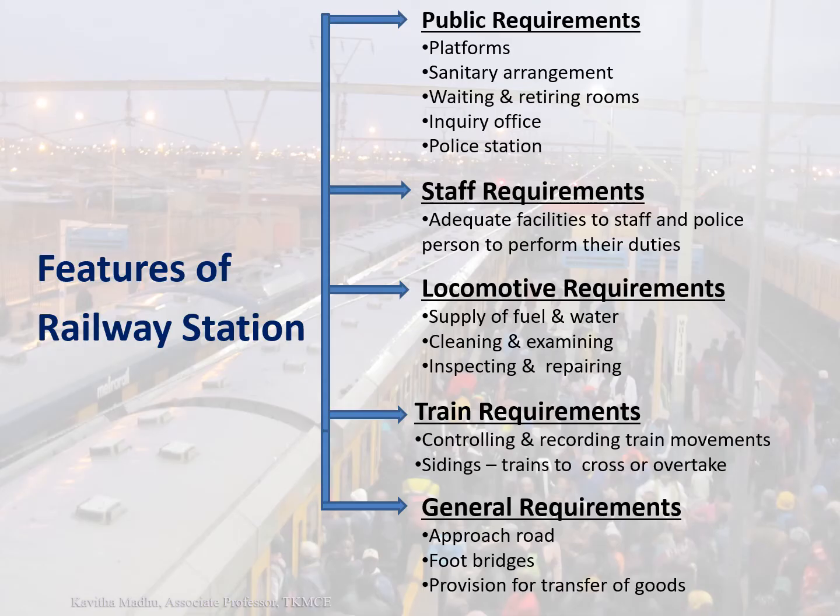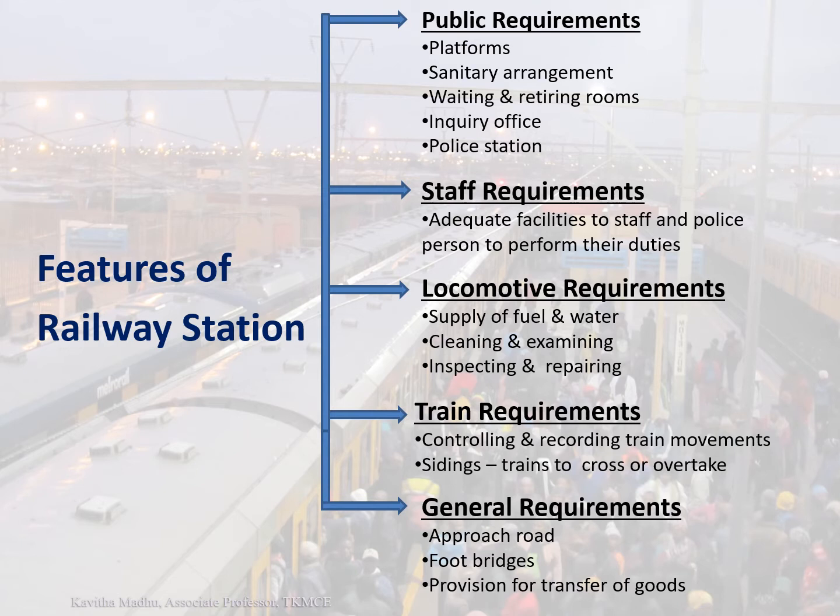The requirements of a railway station. A railway station should satisfy the following basic requirements of the features. Like first one is the public requirement. So the station should provide all the facilities required by the public, such as booking office for tickets. So being a user, what all things you feel that should be available at a station? Yeah. So that you can write here, the public requirement.